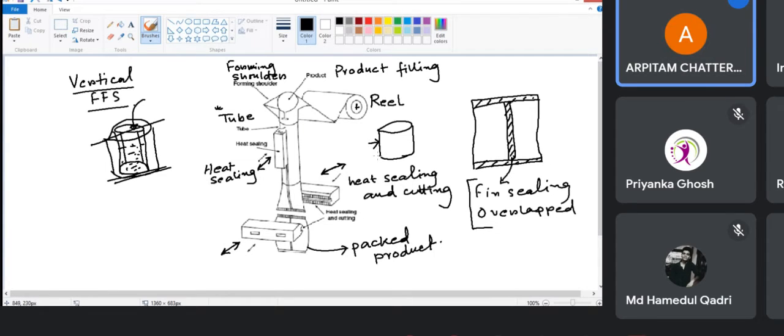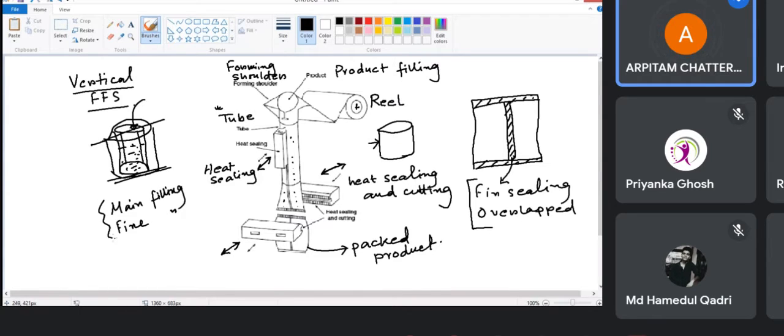Once this is sealed, then again this portion is coming to seal the bottom part of it. Okay, now in the first case it is not going to cut, it is just going to seal it. Now when it is sealing it, then from this product filling arrangement, this tube is getting filled up with the product. And once this product filling is done, now here also you have the same main filling and fine filling kind of thing. That is actually a general thing for any kind of filling operation.